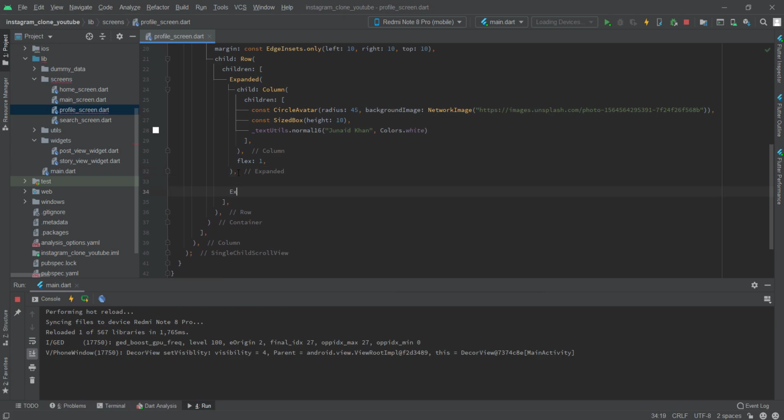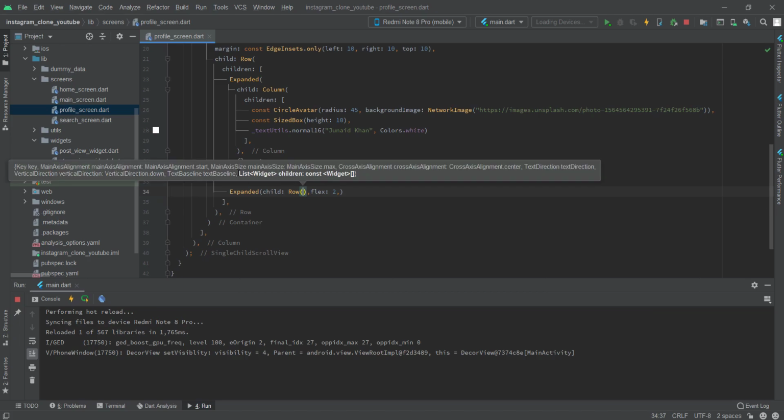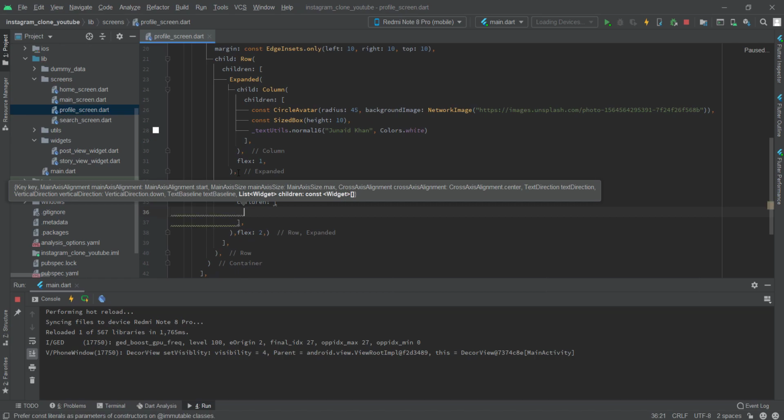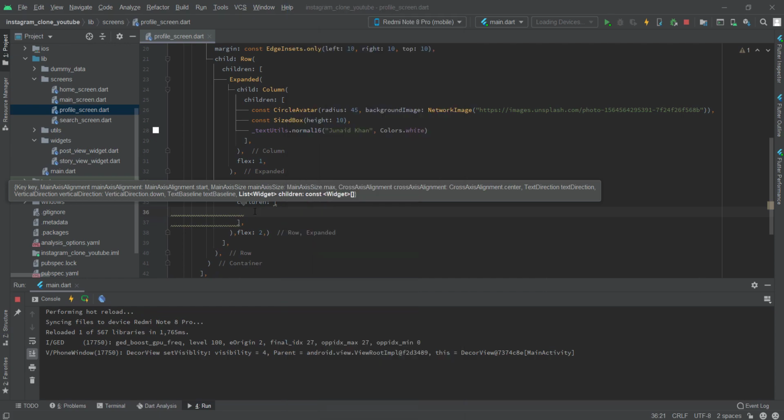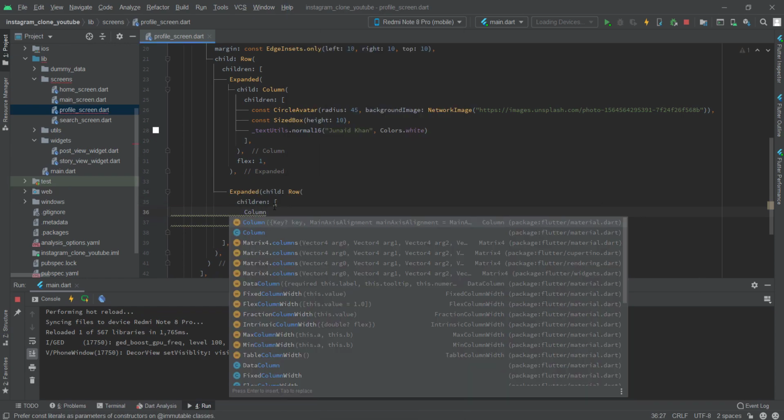Now for the second row we will use expanded again, but this time the flex will be 2 because this section is taking a larger space than the first section. So children, and for the first, let me open this again, and as you can see, for this we need to use column, column and column. So there are 3 children of this row: column,